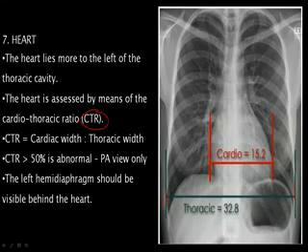So this looks like almost 50%, so it's normal. More than 50, 55 or 60% is taken as abnormal. When trying to measure the cardiothoracic ratio, a few things must be kept in mind. One is that it must be a good inspiration film. As I told you, at least 6 ribs must be seen to measure the cardiothoracic ratio. If it is not a proper inspiratory film, the diaphragm will be up and the heart may falsely look enlarged. That must be kept in mind when measuring the cardiothoracic ratio.